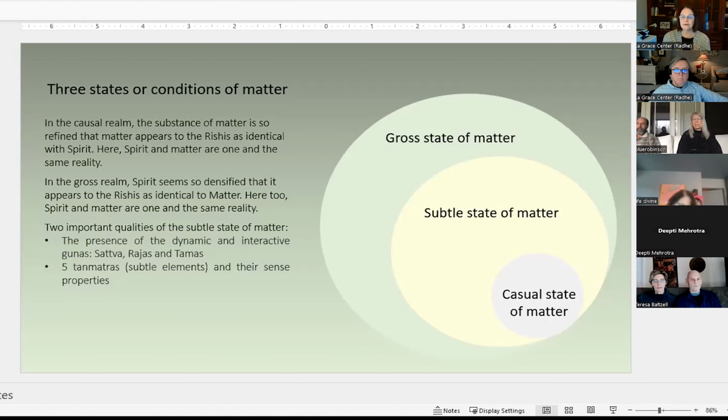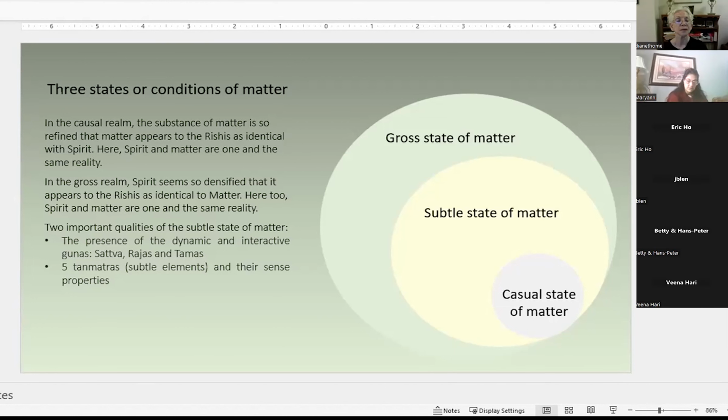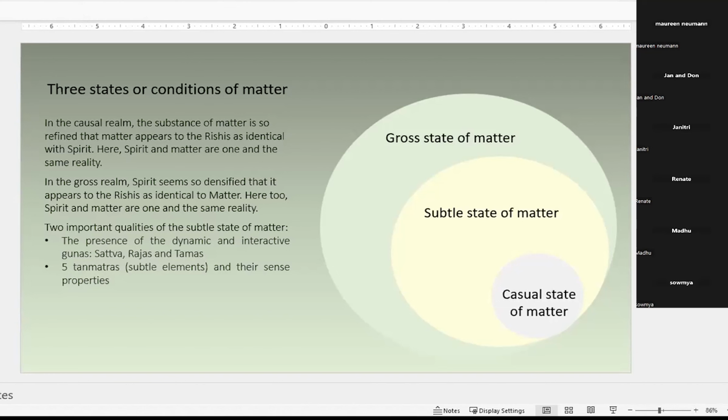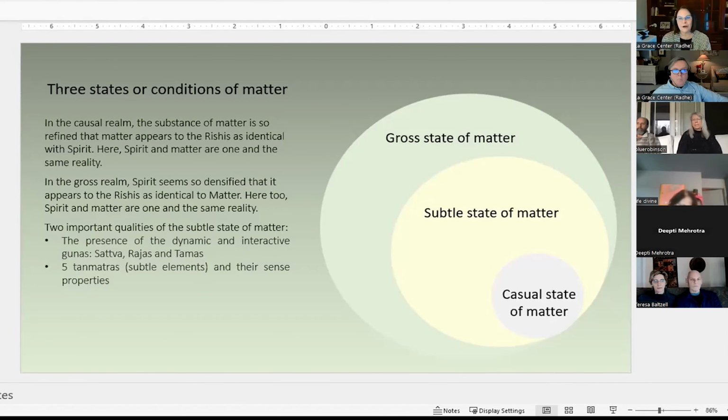And of course, at the opposite extreme, when we go out to the gross state of matter, we see spirit is so densified as to appear identical to matter, right? But still, spirit and matter are one and the same reality. I want to focus in on the subtle state of matter, because this is where the preparation for gross manifestation is happening. And this is where we start to see, although we see it also in the causal, we start to see,